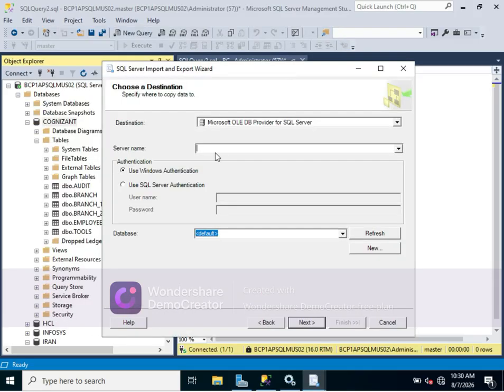I'm just checking it out. What is BCP1 AP SQL MUS02? Okay. Now we need to click over here the